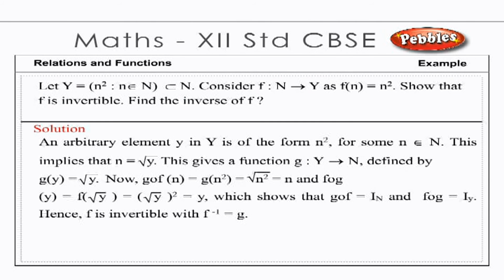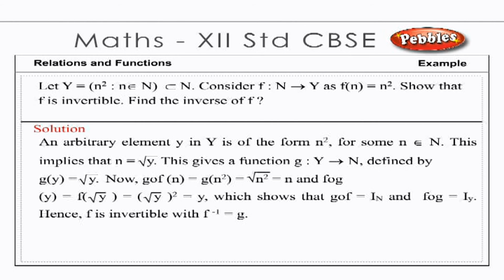Solution. An arbitrary element y in Y is of the form n² for some n ∈ N. This implies that n = √y. This gives the function g from Y to N, defined by g(y) = √y. Now, g(f(n)) = g(n²) = √(n²) = n,